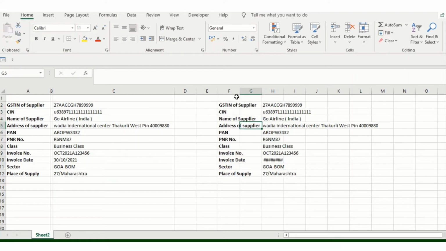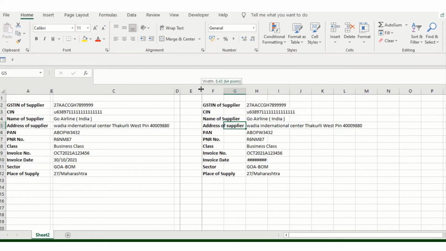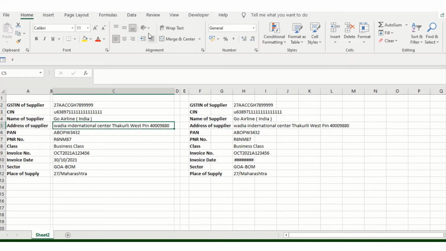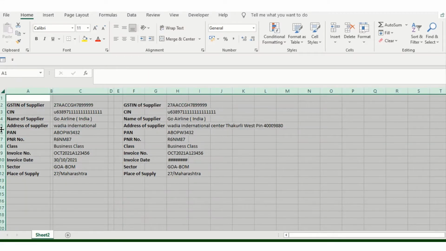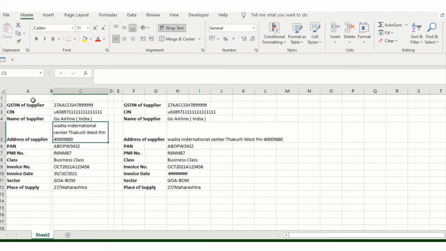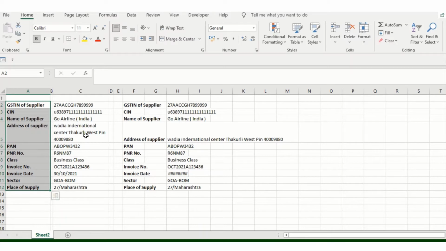In this scenario we'll make these smaller, and then we'll apply wrap text, which will adjust the content as per our convenience. Just making the changes in it. Now why I have added these particular details, I'll show you.